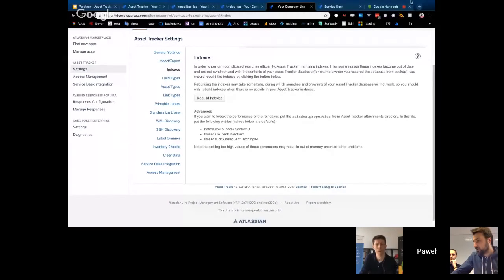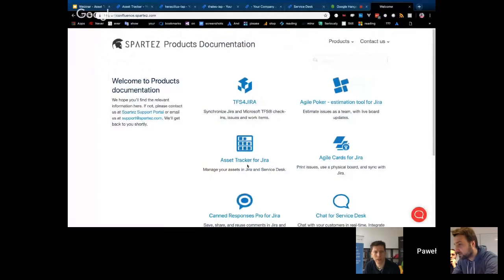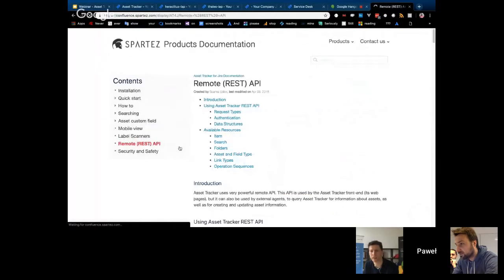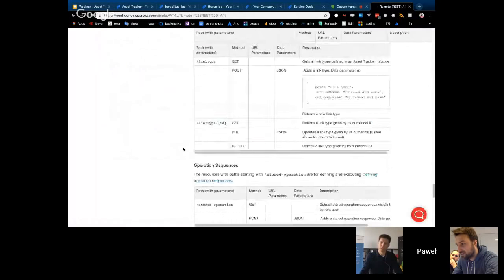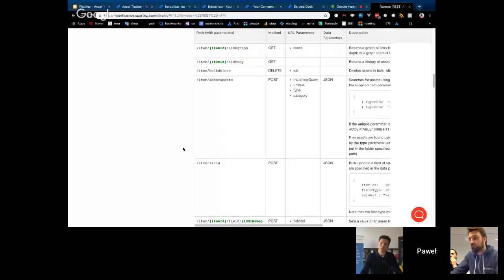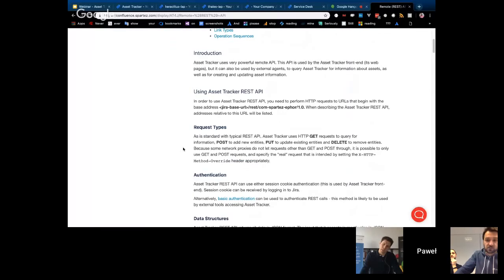Okay. Can you show us in the browser real quick where the API documentation is? Just looking for it. Oh yeah, that's easy. Okay. I think that's fine already. It's pretty extensive. You can do magic with it. And in cases where a simple CSV import will not work, you can always run some script and parse the data you have from some other tool.